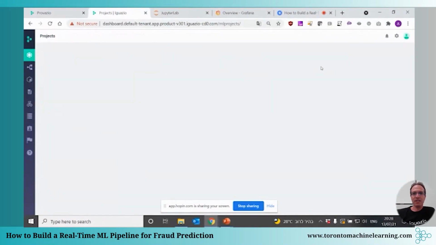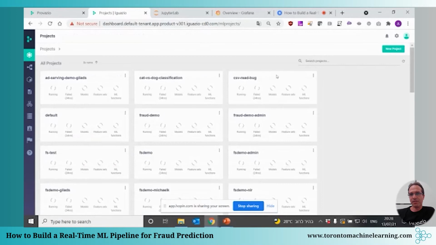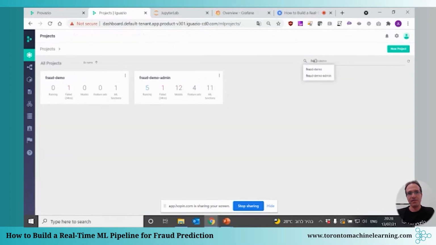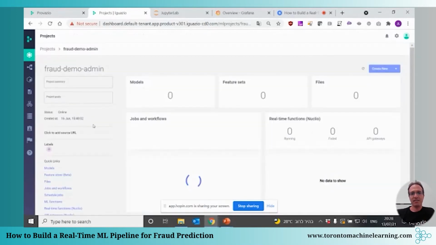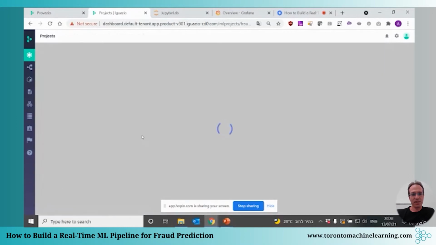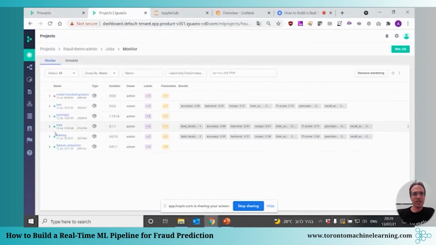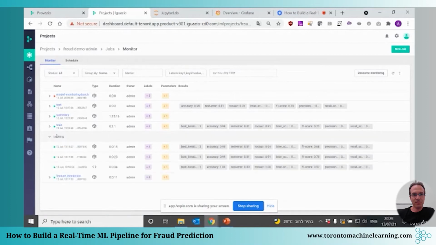Or you can go back to the user interface, and under the jobs, I'm going to see all those jobs that are part of the project. This is the training job. I can compare different iterations of those jobs.